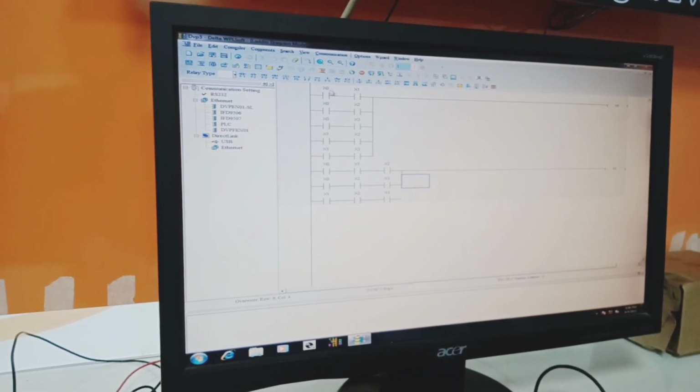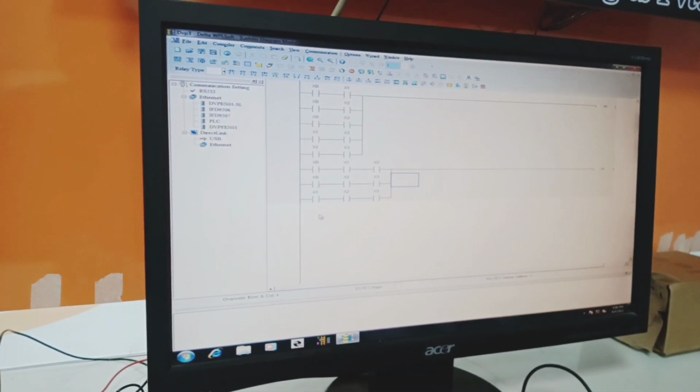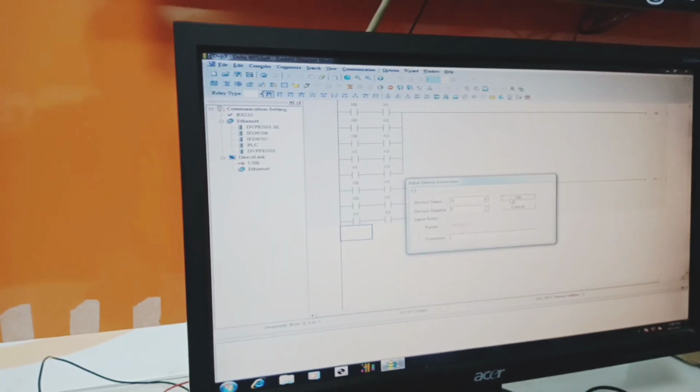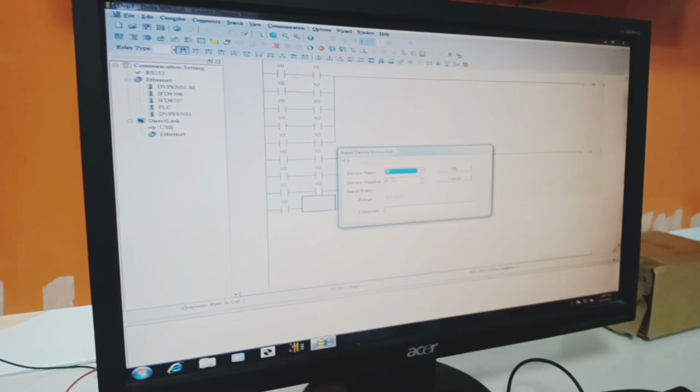We can connect it all in parallel. Here our second condition will be completed, and after the second condition we can make the third condition.